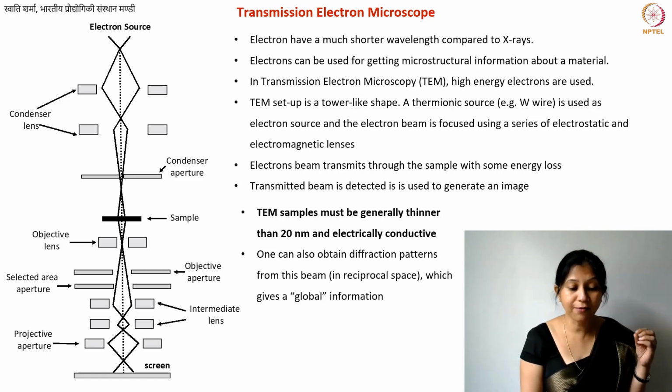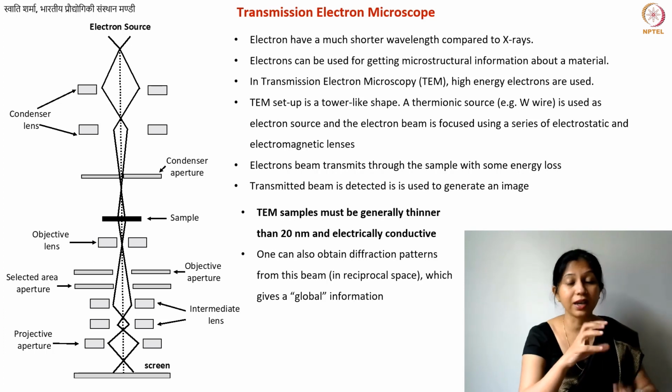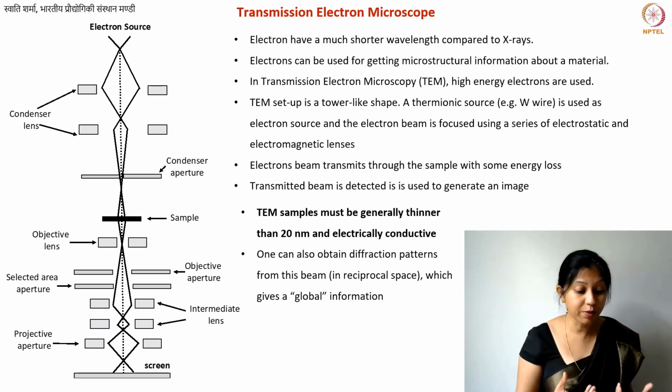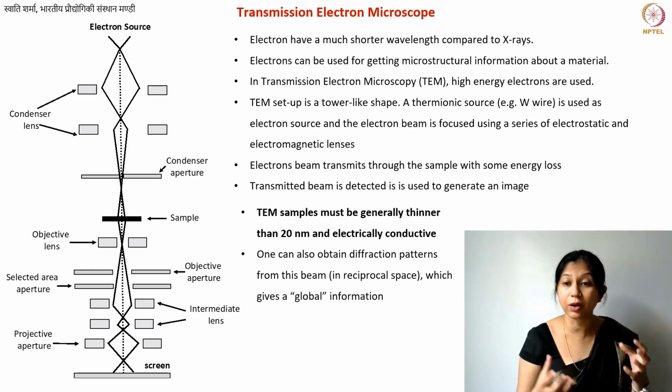So you will have to maybe prepare a slice using what is known as focused ion beam milling. We will not go into details, but as the name itself suggests, there is an ion beam, a high energy beam, which can be used for slicing your sample. That also needs to be done inside a microscope, because you should be able to see what you're doing. Often scanning electron microscopes are equipped with this ion beam setup, or you can buy a separate focused ion beam setup. There you can slice your sample and get this very thin, ultra thin sample.